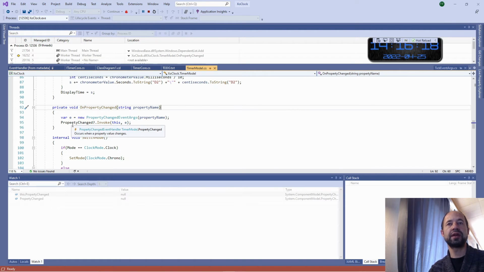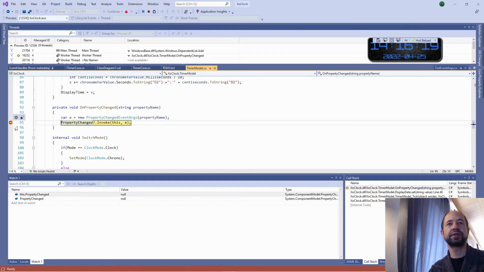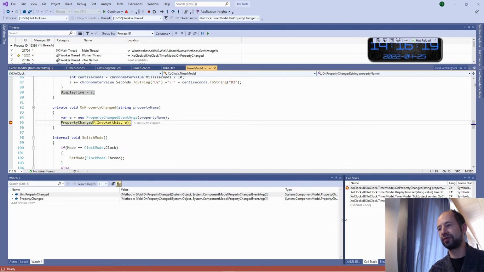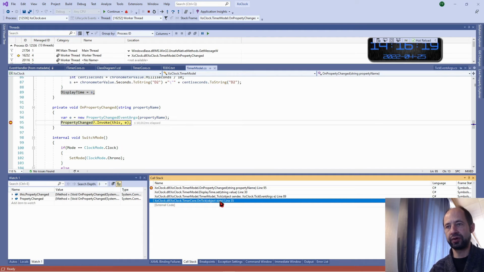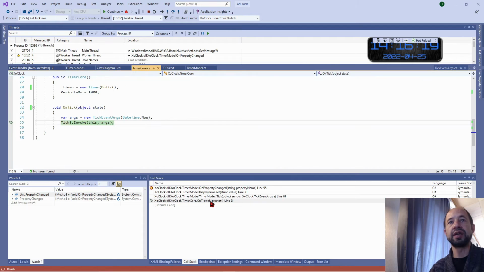Let's again put a little breakpoint to check what is doing the call stack. The call stack we see at the root of the call stack at the bottom, we have the onTick event. So the onTick has been triggered by the timer callback, okay, and we are calling the tick event handler.